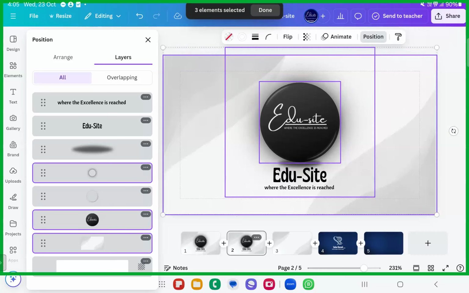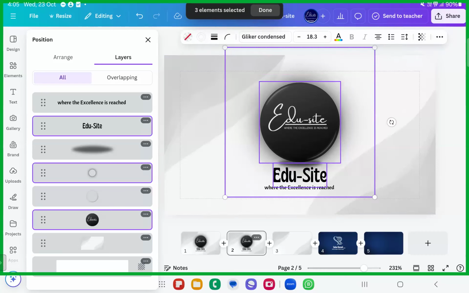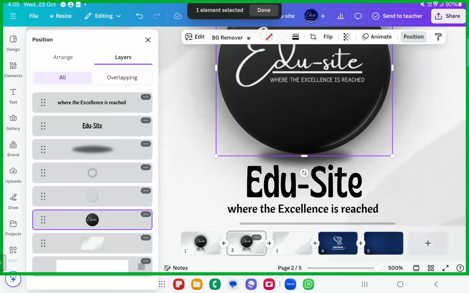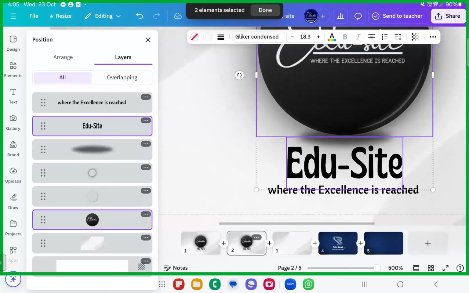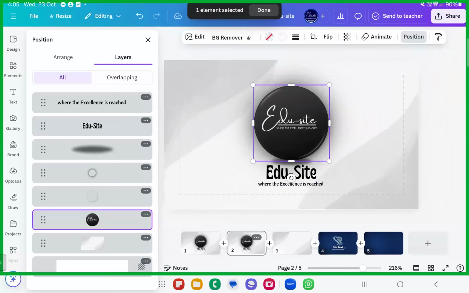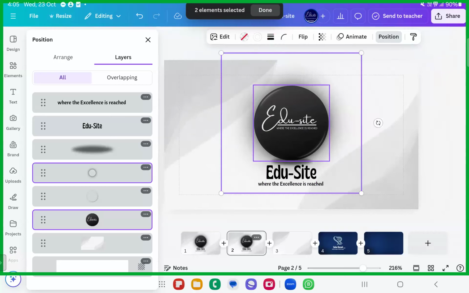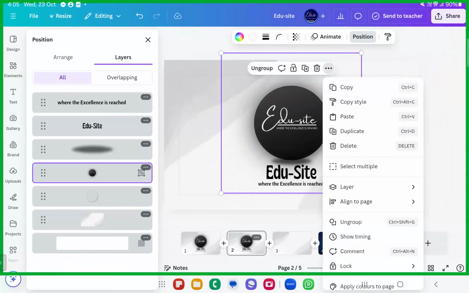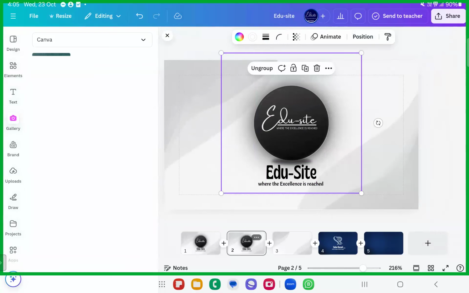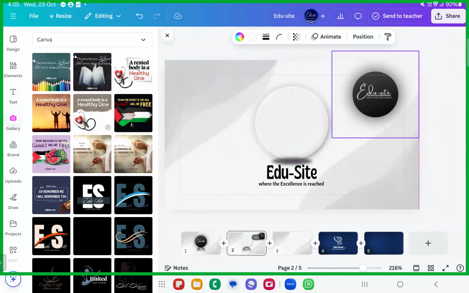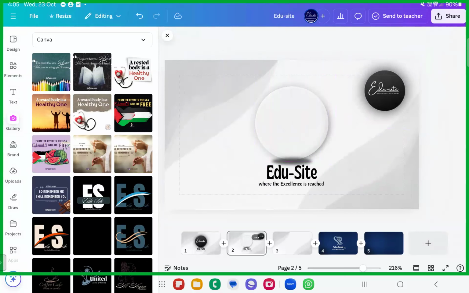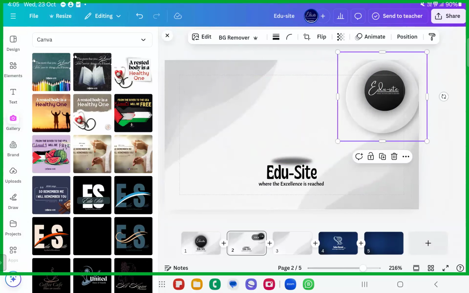Okay, this is enough. If you want, you can even further increase it in size in this way, to get a hold of all of the things that are here. It's not selecting. Well, if it's not, then that's fine. Then what we'll do, let me just group this both itself. Group both, and then you just have to make sure you're dragging those things and keeping them on any side, right side or left side, whichever side you want. I'll keep it on this side. We'll just change it here itself.